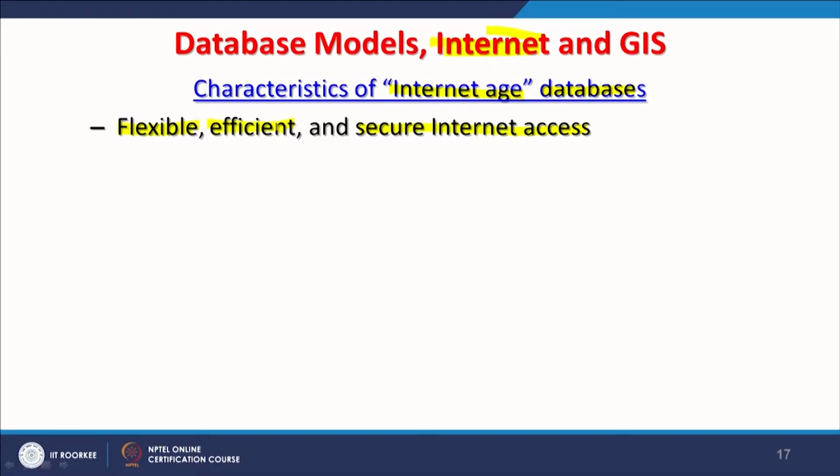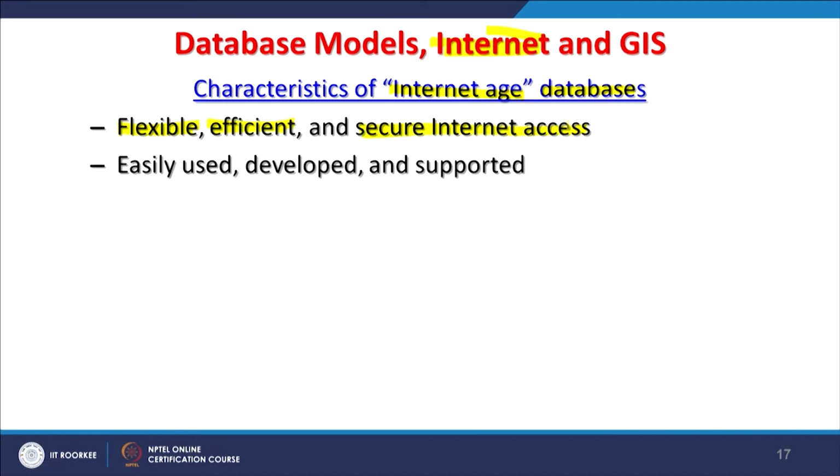So, if we go for internet based databases, then it has to be flexible, it has to be efficient, and of course, it has to be secure. Otherwise, people will do some mischief with those. Now, these also should be very easy to use, user friendly. Google Earth is one example which I have taken to explain this, that Google Earth is very easy.